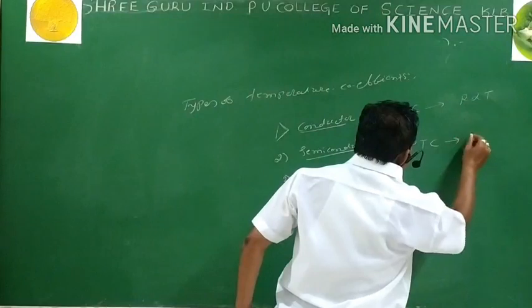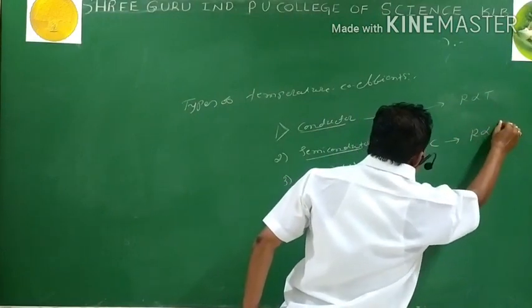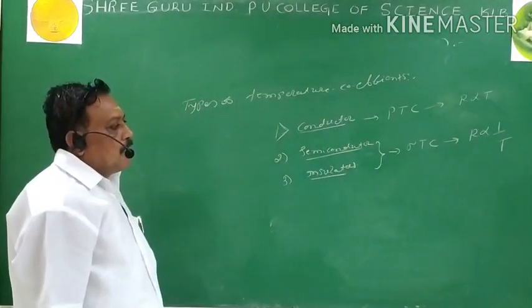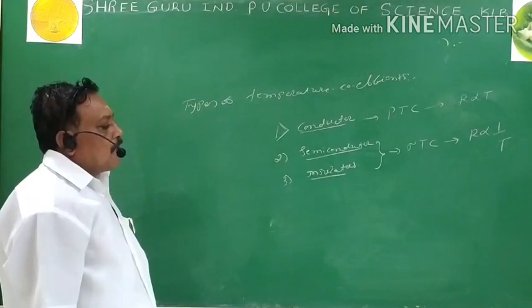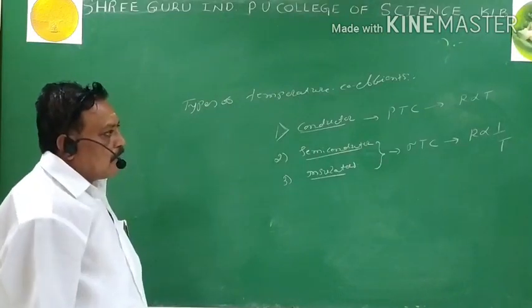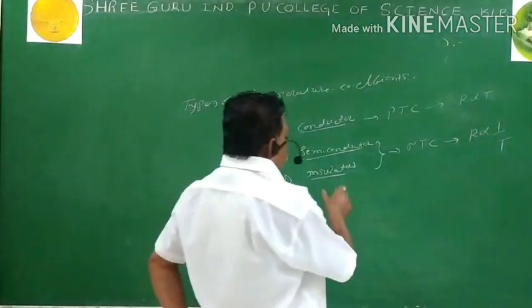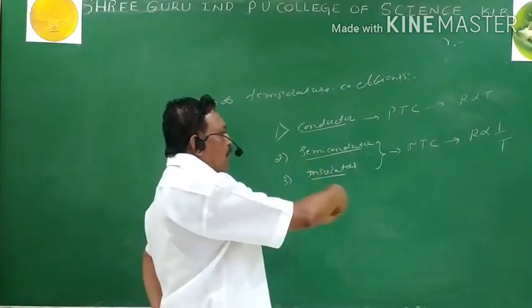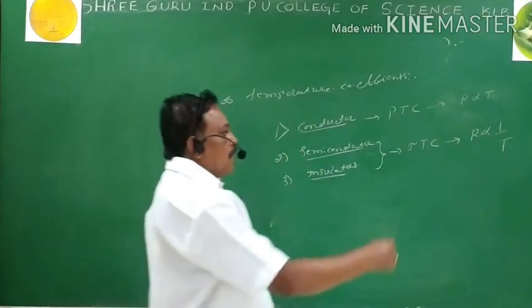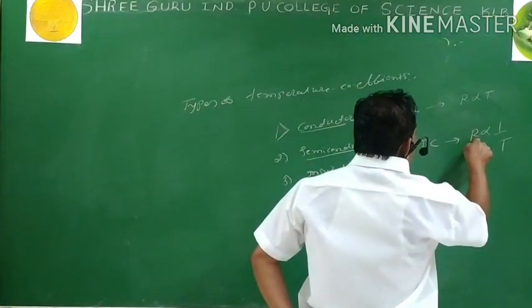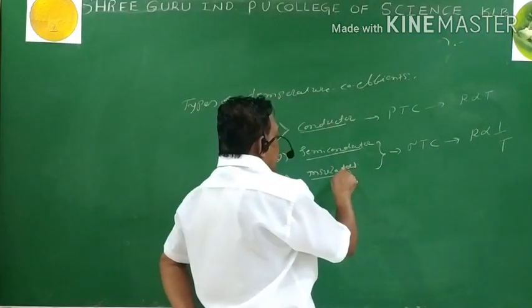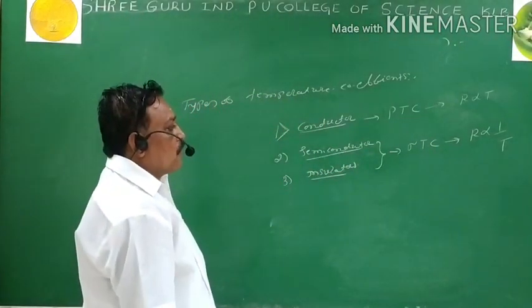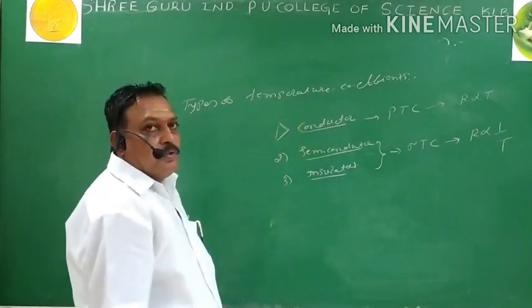Then for them, what is the relation between the resistance and temperature? The relation is inversely proportional. As the temperature increases, the resistance of the semiconductors and insulators decreases. At higher temperatures, sometimes the insulators act as a conductor, because of the charge carriers. As the temperature increases, resistance decreases. Due to that decrease, sometimes the insulators act as a conductor. We can say sometimes, not frequently. So R is inversely proportional to T.